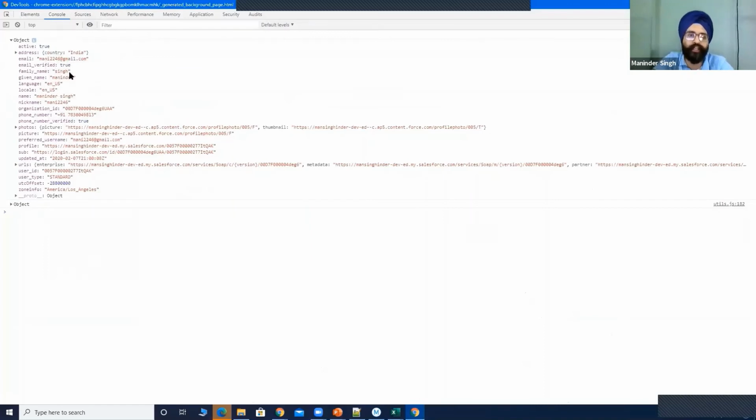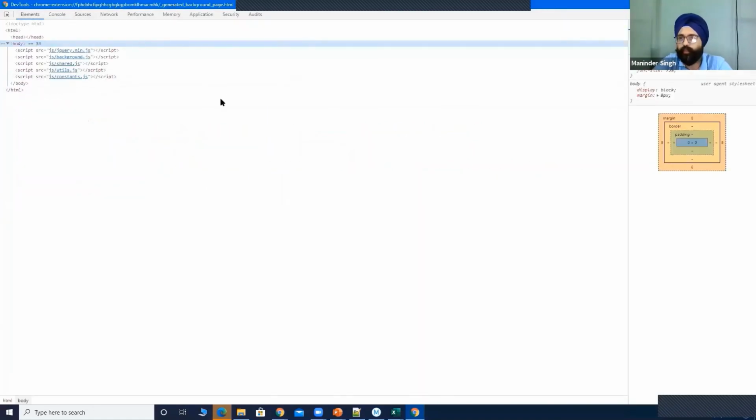If you remember, I was getting the user info. See, this is my email ID, and this is the organization ID. I did console.log, and it is here. You can put in breakpoints here, like normal web development debugging using breakpoints, JavaScript, and inspect element. All that you can utilize here.